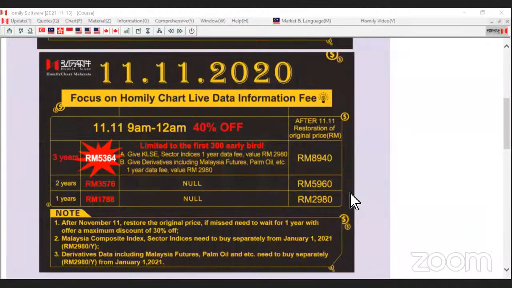Okay, I think no other. From Jancy: gold coins is 40% off? No, it's not gold coins. It's the mobile version data fee. It's not coins. Coins we had 50% off in August, but that has passed already. Is the gold coins 40%? No. The gold coins also cannot be used to purchase the data fee. Thank you.